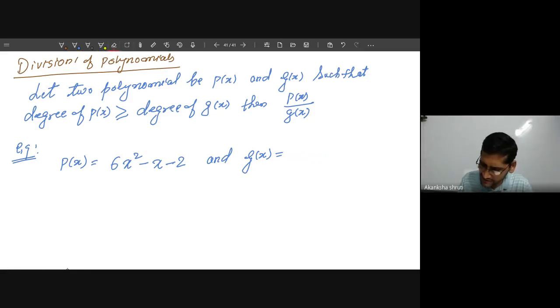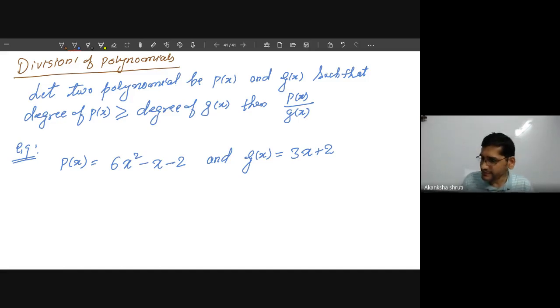Let us modify this slightly so that we can just get remainder 0, or let me take any value, whatever we have written. Let us continue with that. So this is 3x plus 2. This I want to take, or 2x plus 3, we may take anything. Now I want to divide this p(x) by g(x).